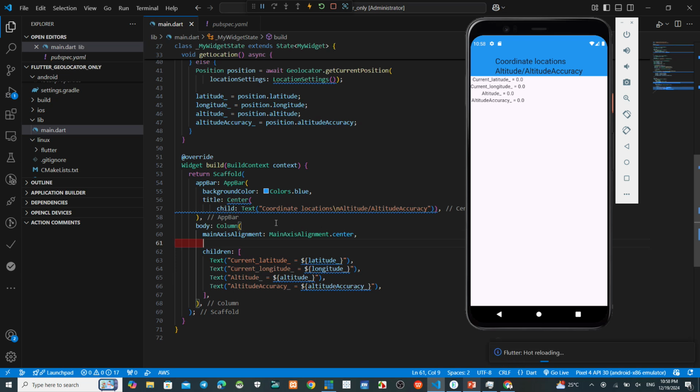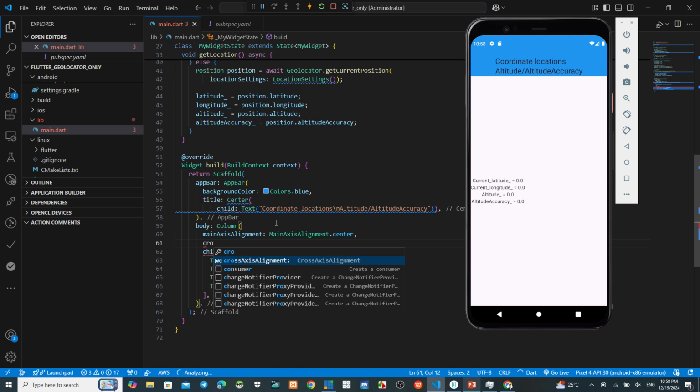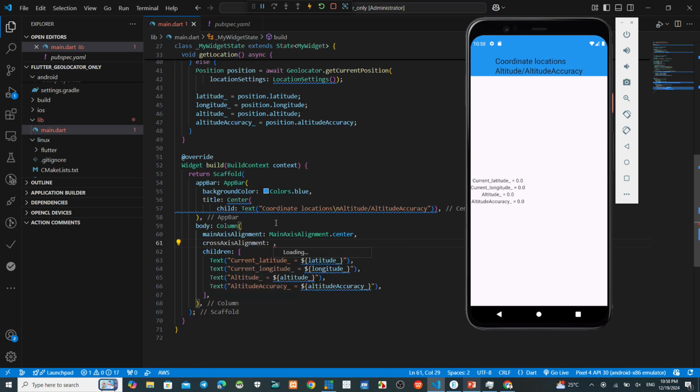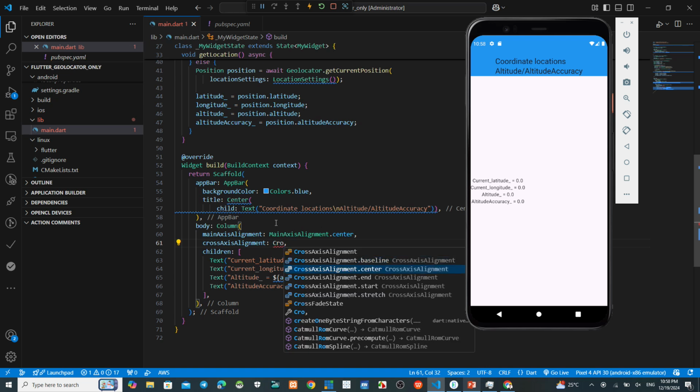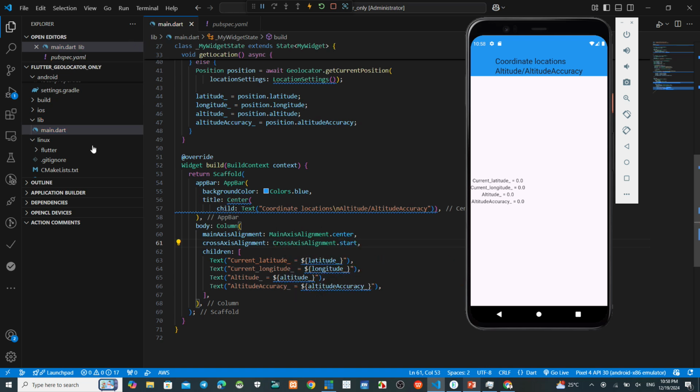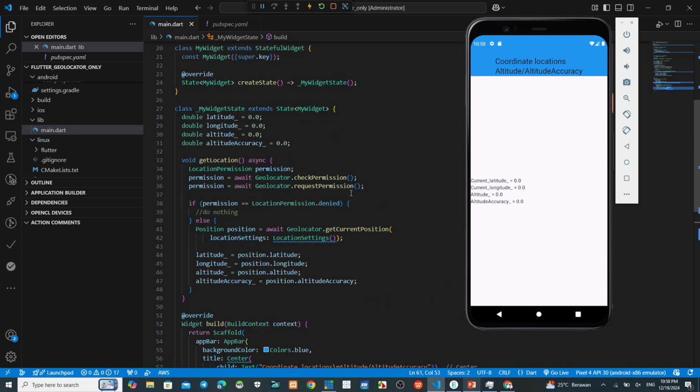And after that, cross axis alignment here, CrossAxisAlignment.start. Okay, now we move from here to here. Now we have this one get location here.